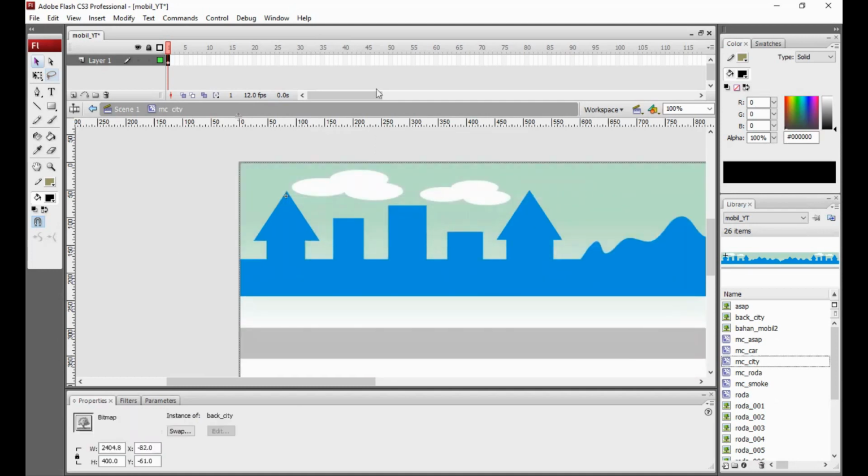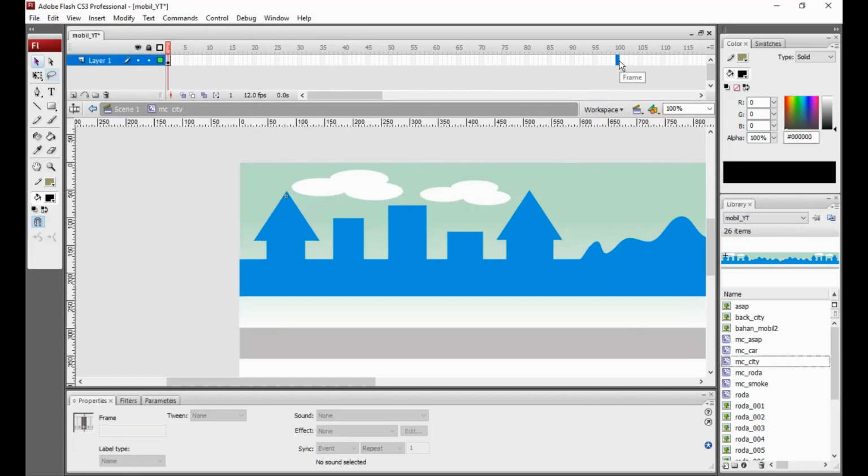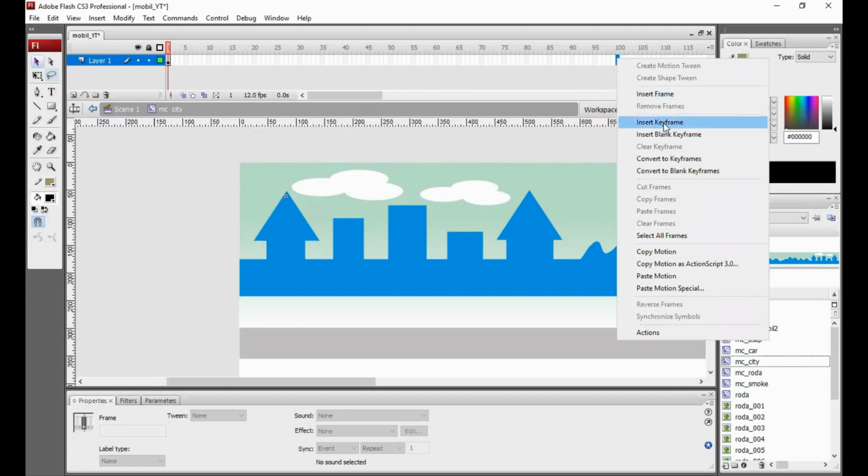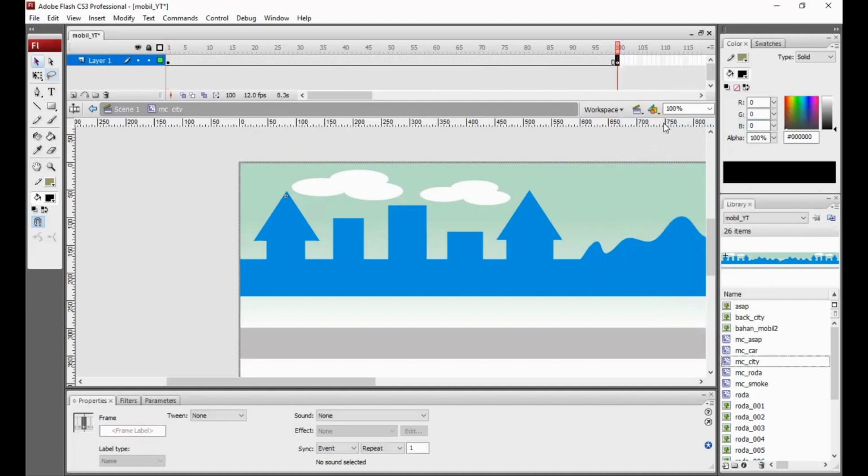Yeah, that's it. I want it in 100 frames. Yeah, 100 frames. I want to insert the frame, and then remember you have the value of x and the value of y.